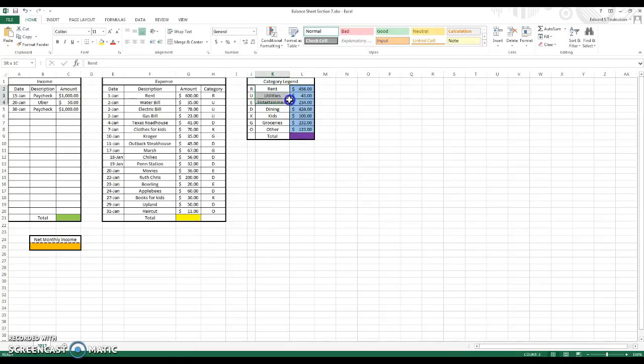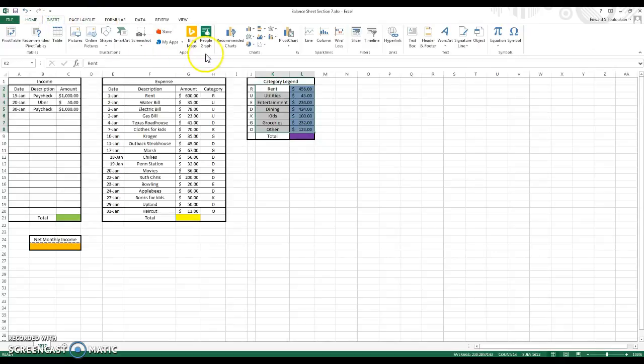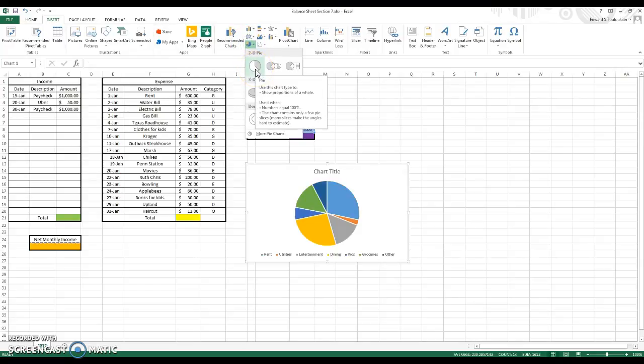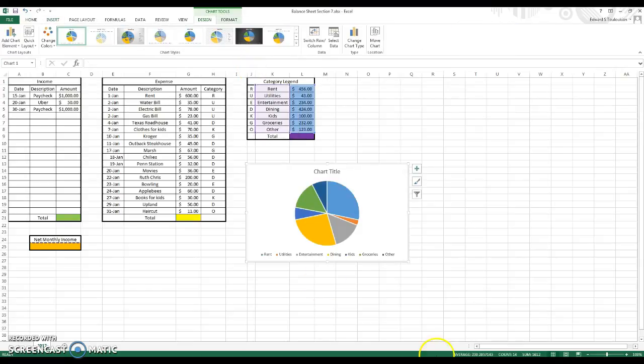I'm going to highlight my categories and my dollar amounts and go to Insert, pie chart right here, 2D pie chart. There you go. Alright, so I can see that I have the different categories, labeled down here. I want to see percents. So I'm going to go to style